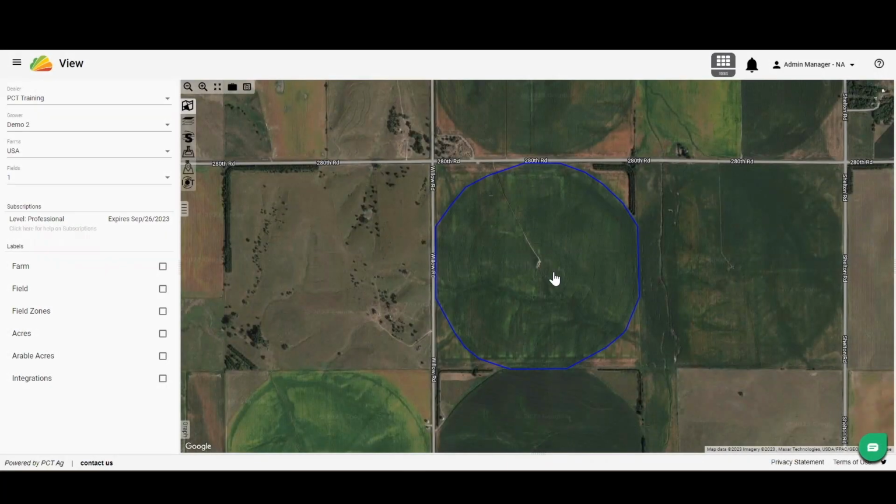This video will show how to use the k-means clustering tool in PCT. K-means clustering is a machine learning technique that is used to group similar data points. K-means clustering can be used to create management zones by grouping similar areas of a field based on their underlying